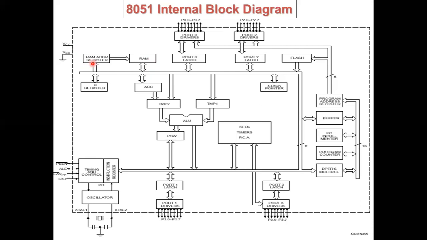For example, if a phone has 32 GB internal memory, it will be very usable, because we can access the 32 GB memory in a very fast manner. So here they are using RAM with 128 bytes. Then they have flash memory, that is ROM, for basic operations, and the program memory is loaded into the flash. Okay, then the B register, this is also a special register used in the 8051.